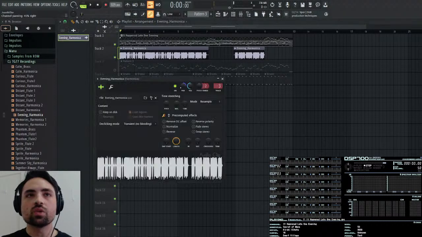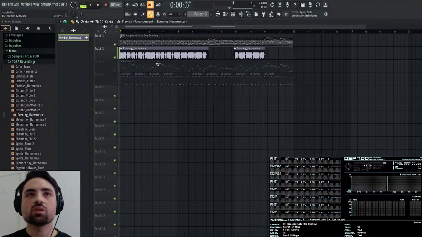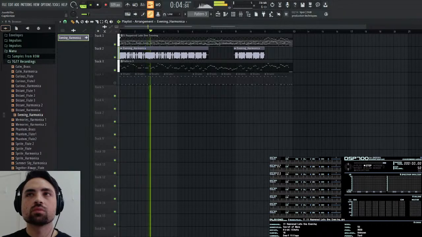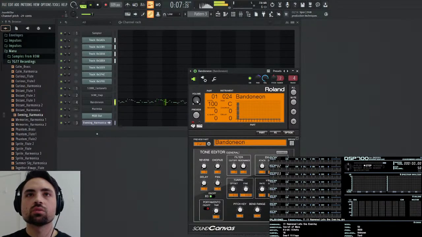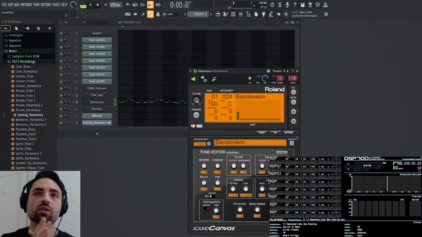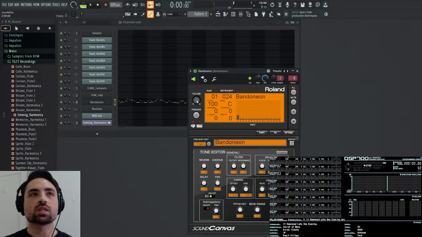So that means I'm going to send the pitch of this one just a little bit up. Wait, no, that's going to change it too much. Let me just pitch the Bandonian down a bit. Yeah, that's too much. Because what he's doing is making it sound more like an accordion. An accordion has a kind of detuning effect going on, where it's slightly out of tune.